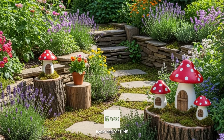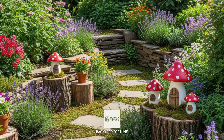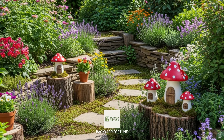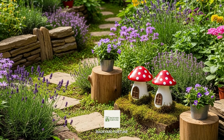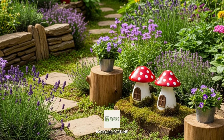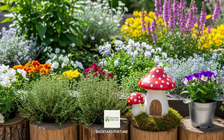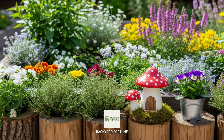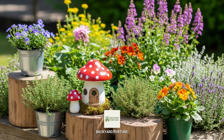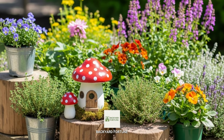In a quiet corner of the garden, where soft sunlight rests gently on the leaves, a small world begins to take shape. Imagine kneeling beside a patch of thyme and discovering a cluster of tiny mushroom houses rising from the earth, each one crafted from a simple recycled bottle, painted with cheerful dots and capped with warm colors that glow under the afternoon sky. There is something tender in the way they stand, not demanding attention, but offering a whisper